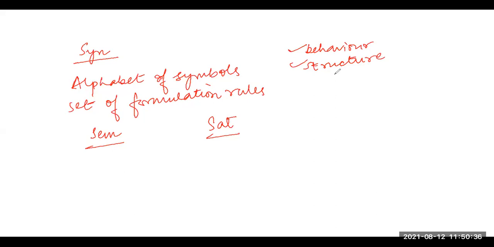So two broad classes of semantic abstraction functions are defined. One class preserves the system's behavior and another class preserves the system structure. One will refer to how the system behavior happens, and one will refer to how the system structure happens. Okay. So now we talk about the model oriented approach and the property oriented approach. Which one is better? We will now see.